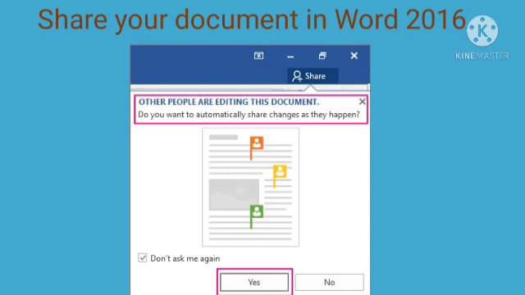You can do all the sharing within Word. You can share a copy of your document by email as an attached Word, PDF or XPS file or as an internet fax.